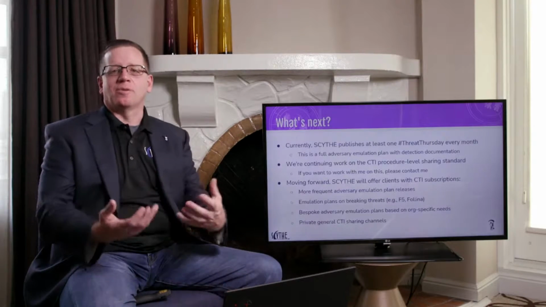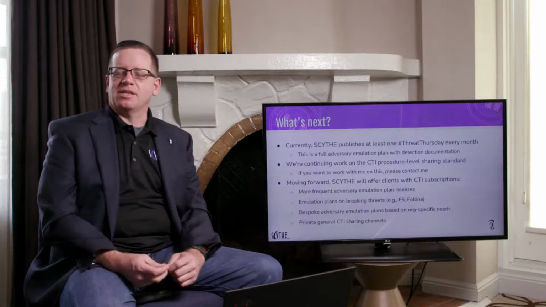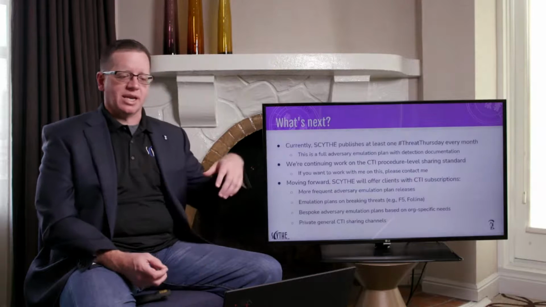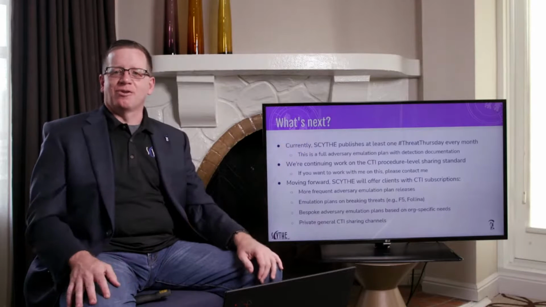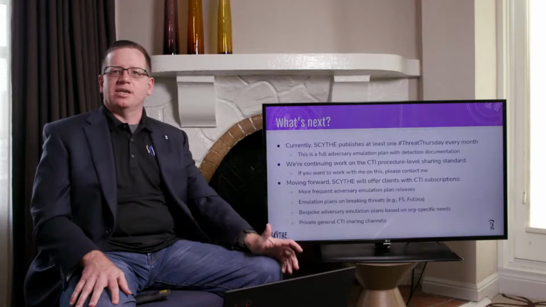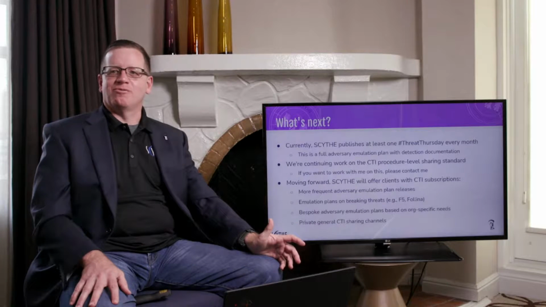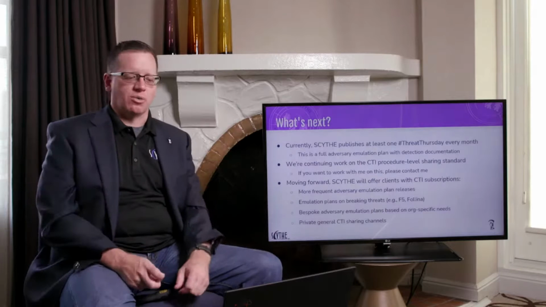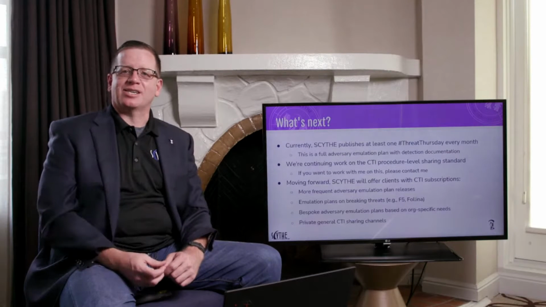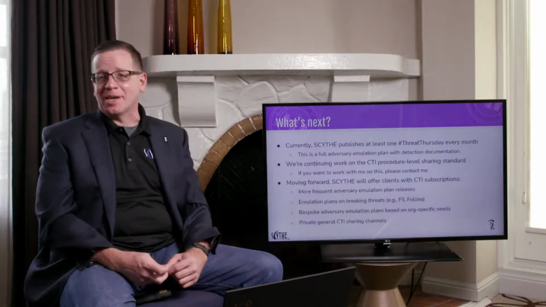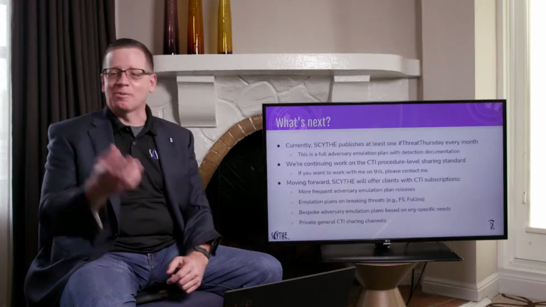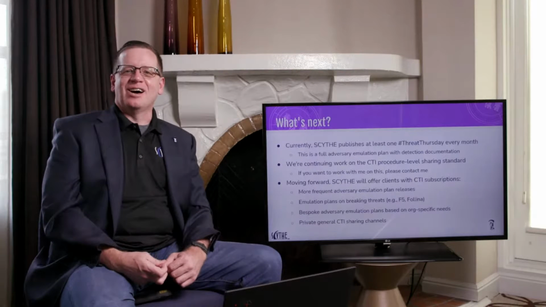So if you're following along with the evolution of Scythe, what we've seen coming forward is things like the F5 vulnerability. We did post-exploitation emulation for that within hours of us seeing the first exploitation in the wild. Follina, we did a lot of work on that and had emulation plans. That actually broke on a Saturday over the Memorial Day weekend. A lot of people were blissfully, unfortunately not me, but a lot of people were blissfully unaware this was occurring.